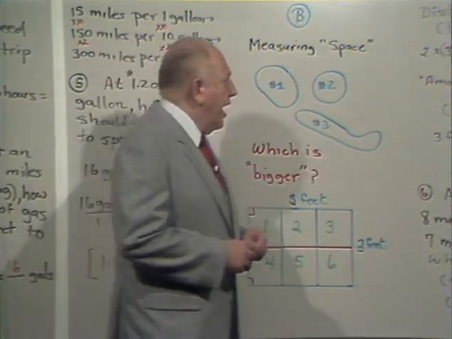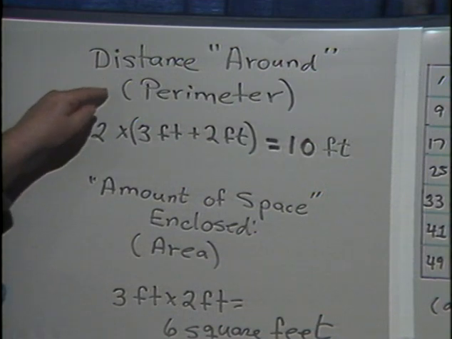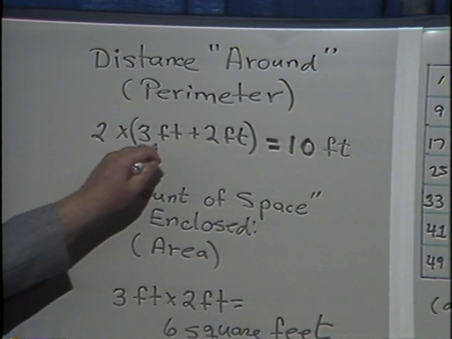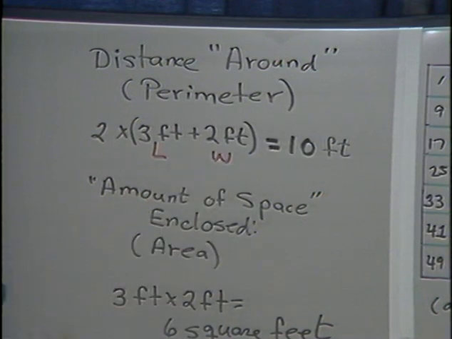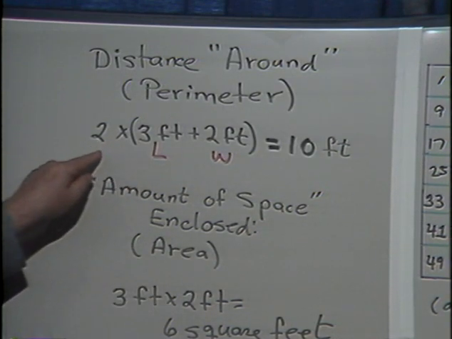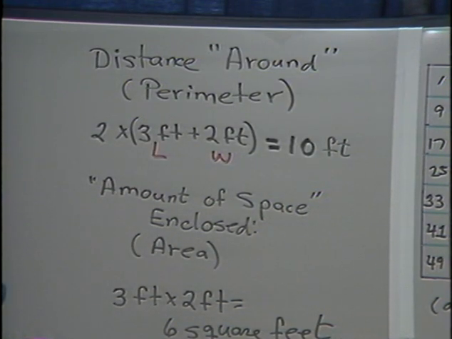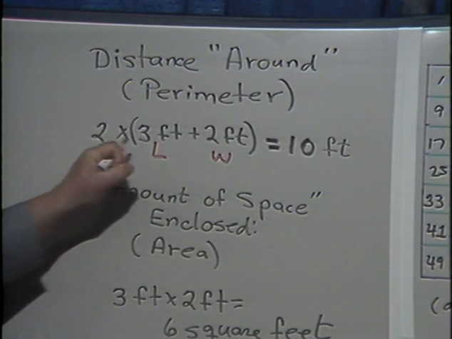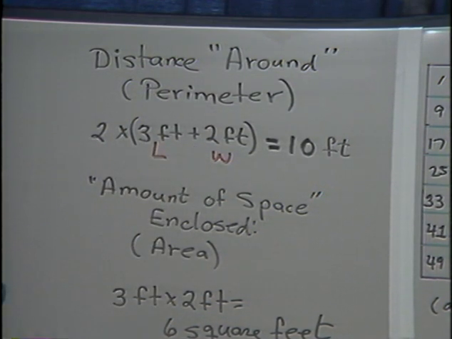And let me just review that for you. See, the distance around the rectangle is called the perimeter. And to find the perimeter, you add the length and the width and multiply that by 2. Some people say, well, couldn't you take the length twice and the width twice? That's precisely your distributive property. See, I could say what? It's 2 times 3 feet, which is 6 feet, 2 times 2 feet, which is 4 feet, and 6 plus